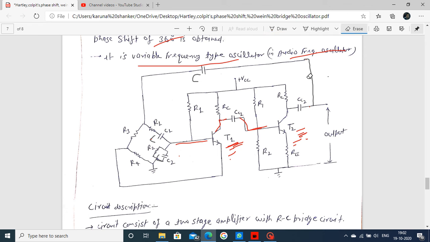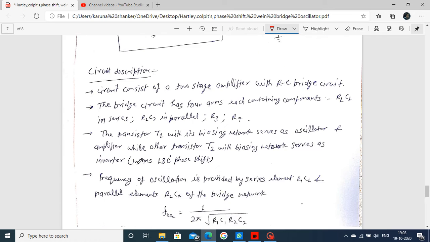So first we focus on the circuit description. This is the overall conclusion, which we have already explained here. The T1 transistor is connected in a similar fashion, with the VCC supply common to both combinations. For T1 the VCC supply is common, and for T2 the VCC supply is common. This is the common emitter. This is the emitter of the transistor, common emitter. This is also a common emitter transistor. The circuit description focuses upon this.